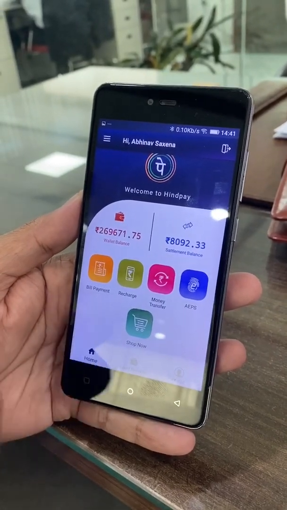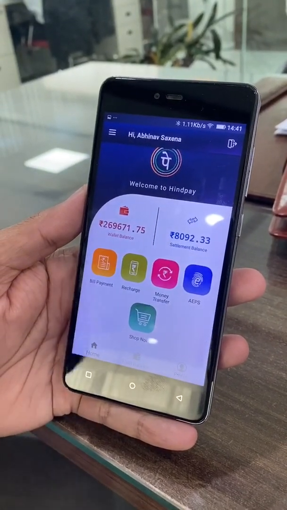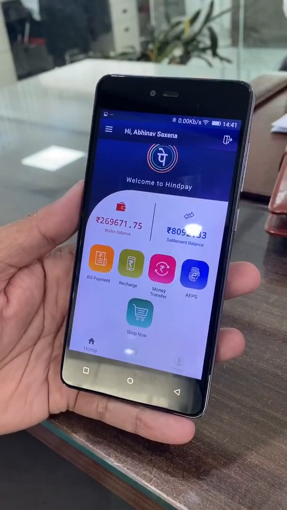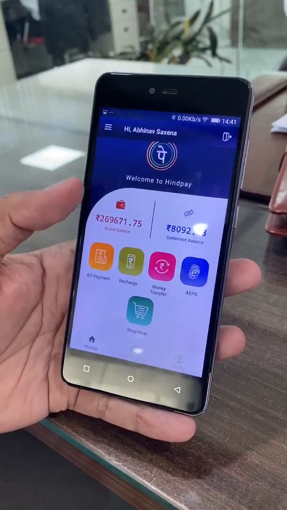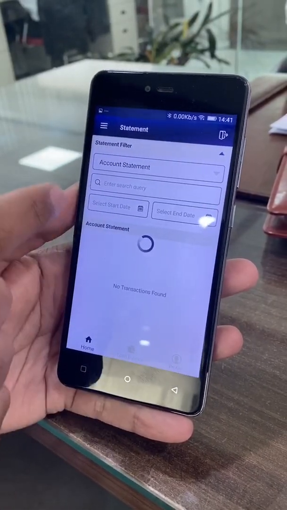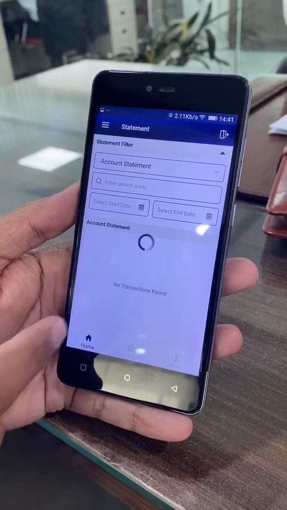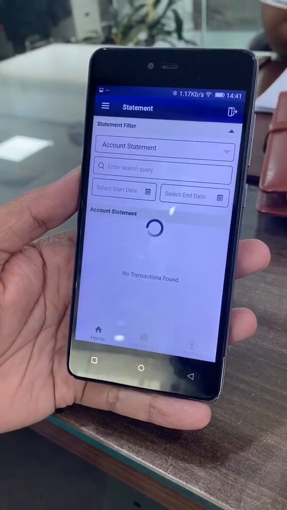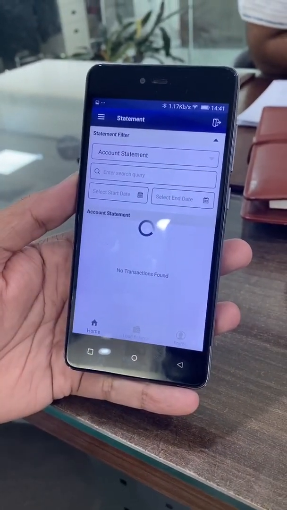Once those steps are performed and the money is received by the company, we can increase the wallet balance by the same amount, and the CSP can see that balance here. Once he clicks on that balance, he can also see the statement: where money he has spent and received, what has been done, all the functions which he has performed.